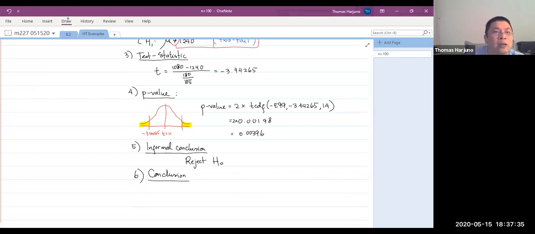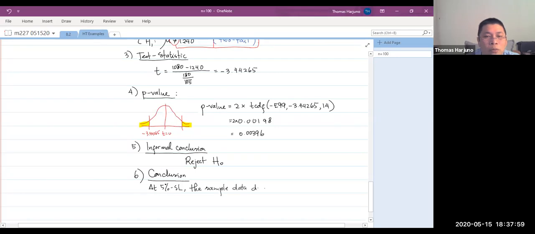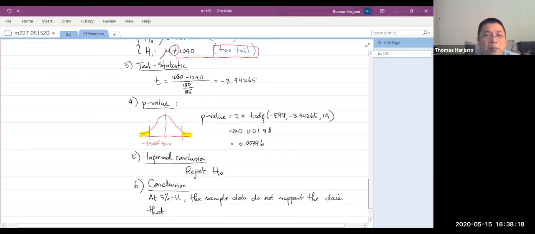Now let's go back. So what will the conclusion be? The conclusion will be at 5% significance level. Because I didn't say what the significance level is, by default it will be 5%. The sample data do not support the claim that the cost of maintaining cancer patients